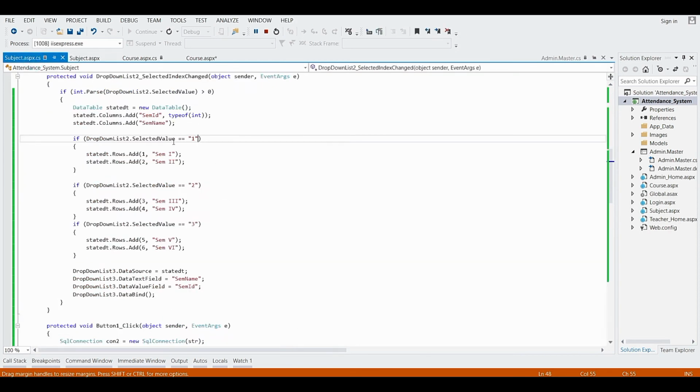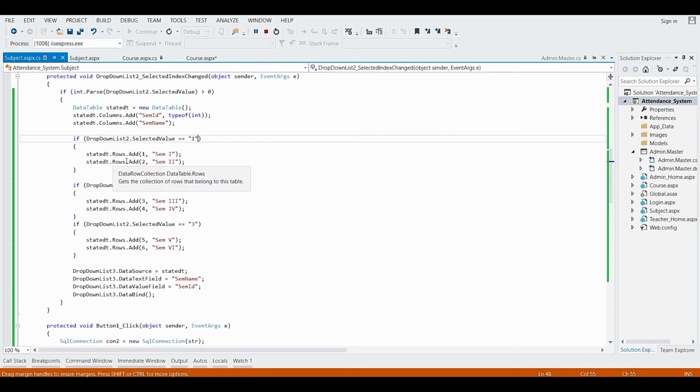That means for the selected first year, it will add the 2 rows inside the data table, the object name of data table dot rows. First of all, we have added the columns inside the data table. Now we are going to add the rows. That means we are going to add the data inside those columns.